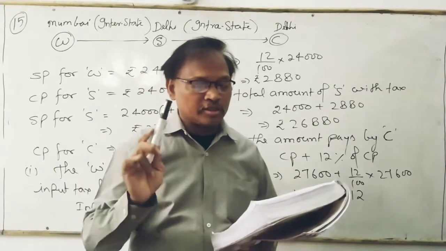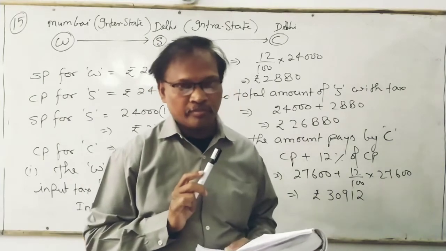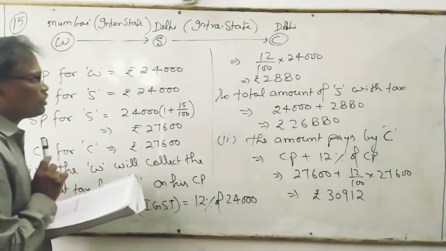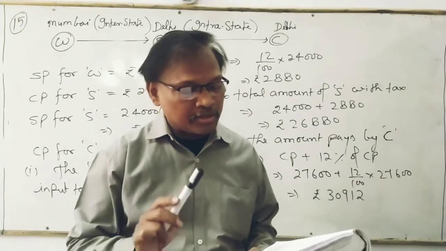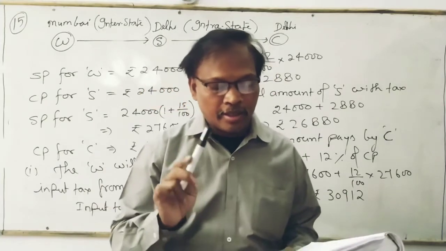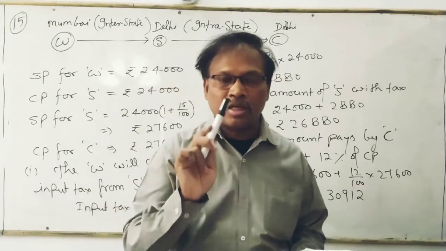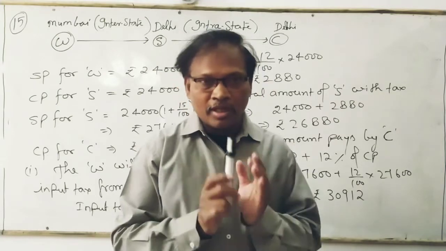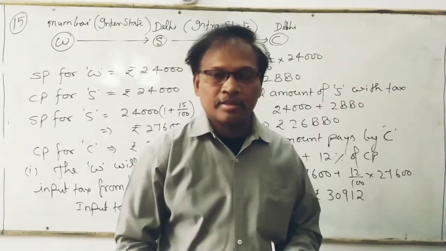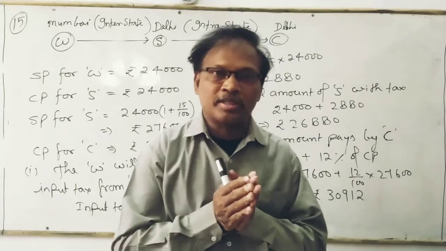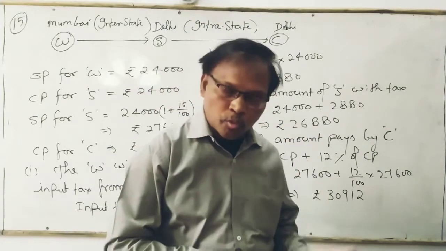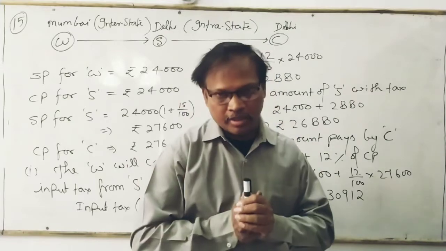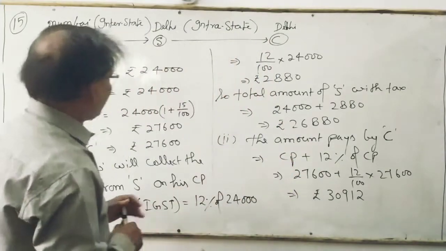If the rate of GST is 12%, so rate of GST is 12%. Find first part, the price inclusive of tax at which the shopkeeper bought the article. The first part is that you have to find at which price the shopkeeper buys the article from the wholesaler, inclusive of tax. So inclusive of tax.